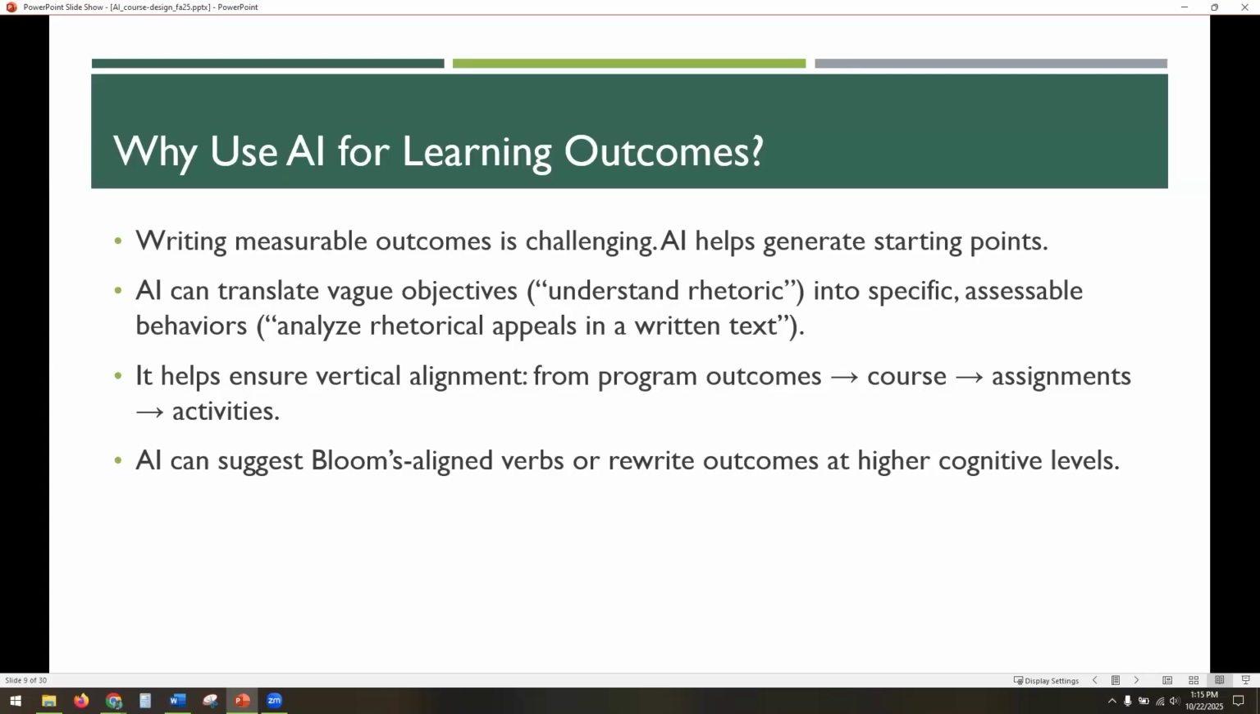Check, good to go. It helps to ensure that vertical alignment. So looking at things from your program outcome to your course outcome to your weekly outcomes, showing it in assignments and activities that they do to support those, really making that tight alignment from top to bottom in the course. And again, coming back to the AI can suggest those Bloom's aligned verbs or other verbs